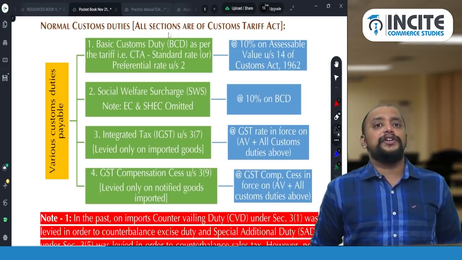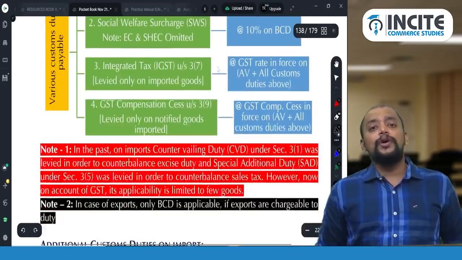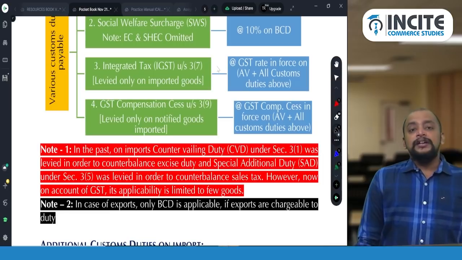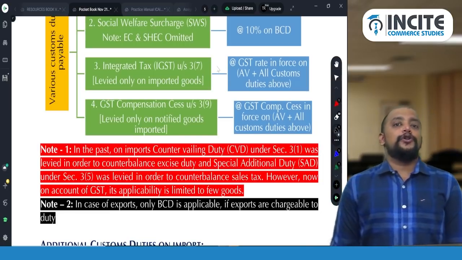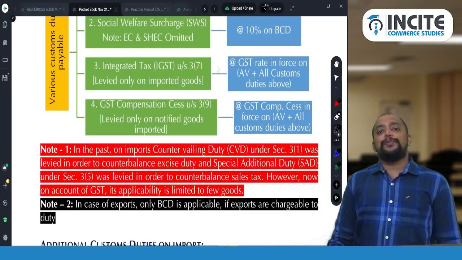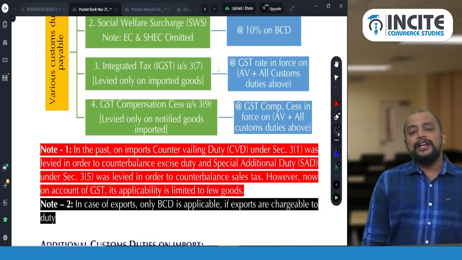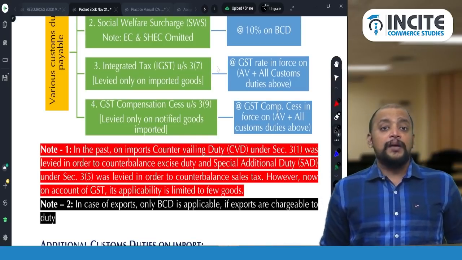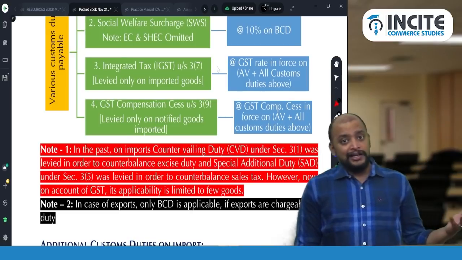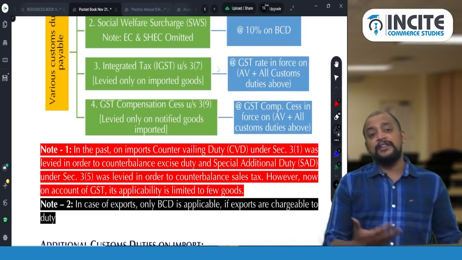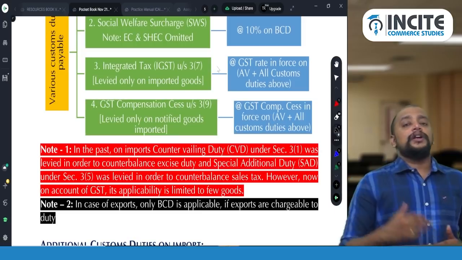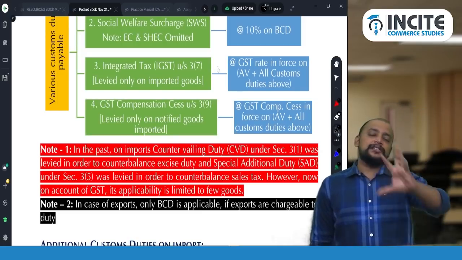Then next thing that we need to understand here is what about the old indirect taxes, whether they continue or not. That is CVD and SAD we had. So whether that CVD, countervailing duty in order to counterbalance excise duty, and SAD to counterbalance sales tax, is it applicable at present also or not? See, CVD and SAD are applicable at present with respect to some notified goods which were earlier covered under excise duty, and even continue now. So whether CVD and SAD is applicable or not depends upon what is the leviability under GST.